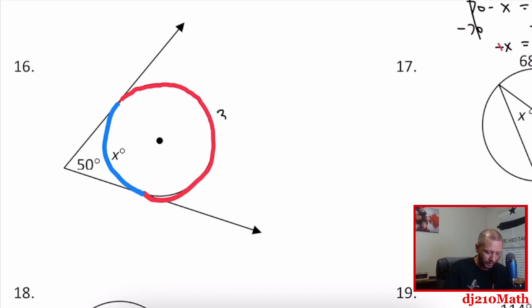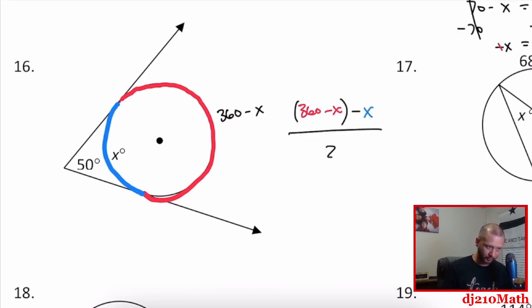So the big arc is going to be 360 minus the small arc. Equals 50, right? So big arc, 360 minus X, that's the big arc, minus the small arc,